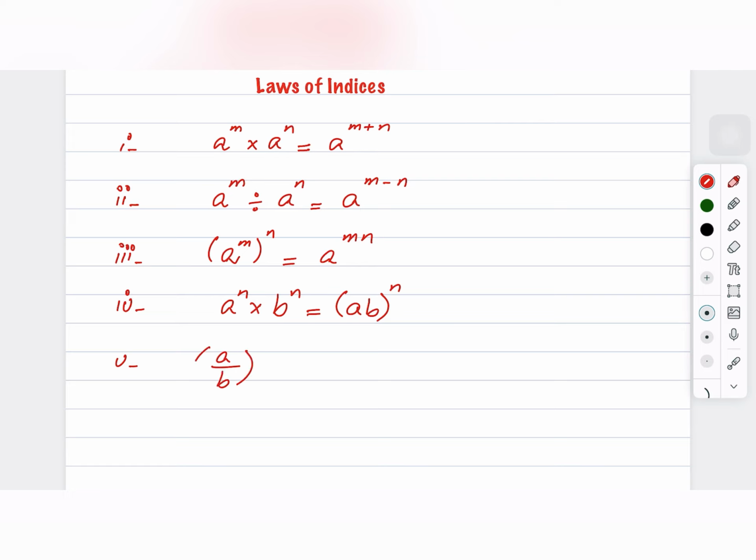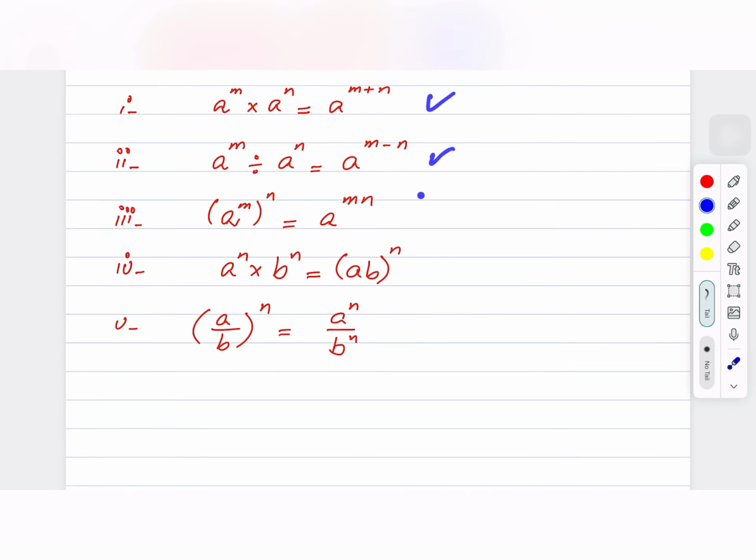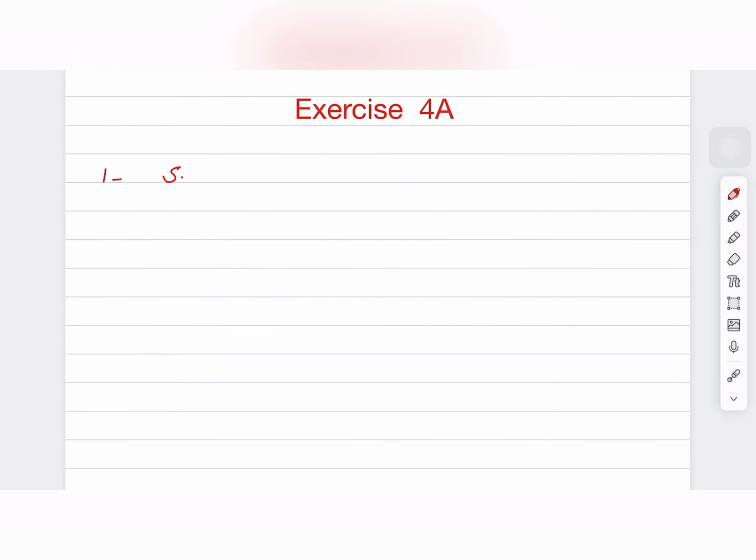Fifth rule is, if you have a over b, its power is n, then when you remove the parentheses, it will become a power n over b power n. And these are the 5 rules that you are going to use in the first exercise. So question number 1 is, this is exercise 4a, simplify